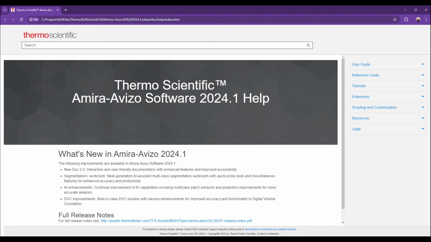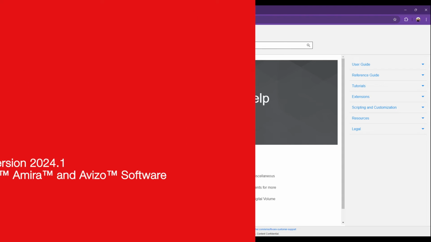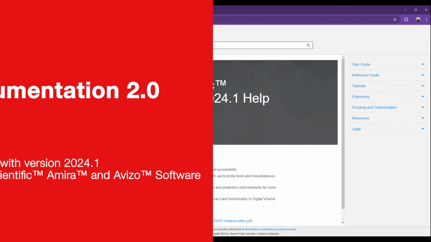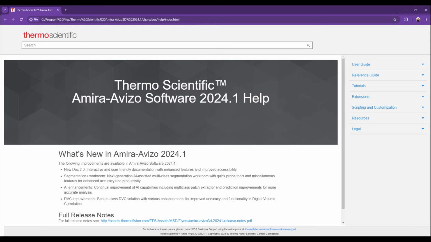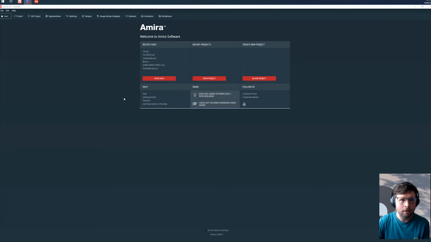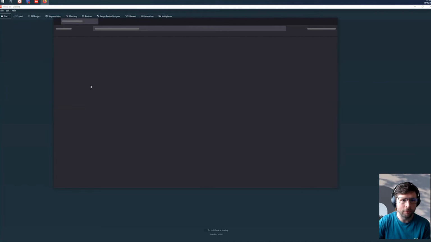Hi, my name is Tom, and I have been working on modernizing the documentation included with Amira-Avizo software. This short video provides an overview of the changes we have made to improve the accessibility of the documentation for the 2024.1 release. To jump right in, the first significant change is once we launch the documentation from Amira-Avizo, it's